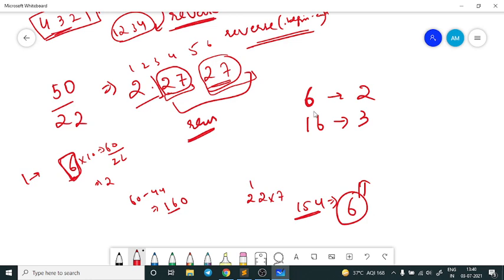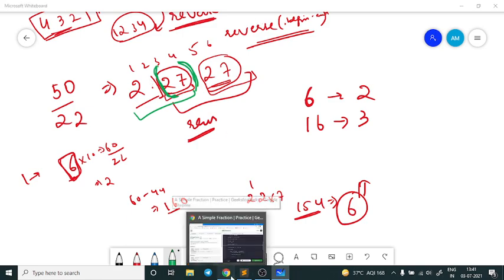To deal with this, if I see that my remainder has occurred previously, then I will insert a bracket at the first occurrence of this remainder. That's why I stored the length, right? As you can see, at this point I have a remainder equal to 6 again. So I will check at what length of the string I was getting this remainder 6. It was at length 2. So at length 2, I will put a bracket here. And since I'm getting the repeated value again, I can easily put the closing bracket here, right? This is the entire approach. So let us now move to the coding part to see how it is coded.